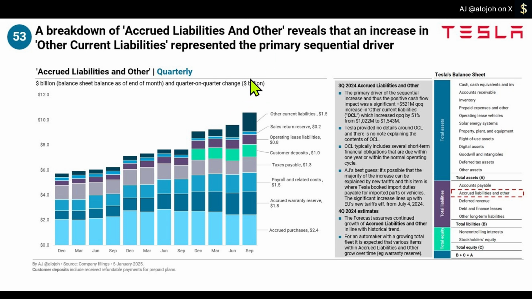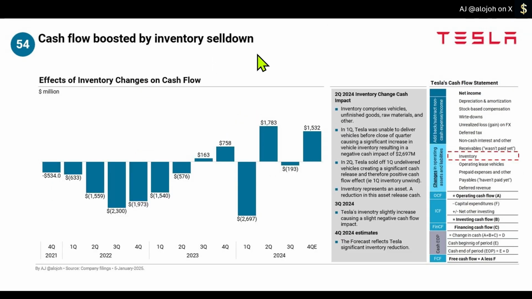So now we have discussed in detail accounts payables, the key items, so typical accounts payables, and then the other component Tesla includes, accrued liabilities and other, which you have now seen in detail. And now we move on to the second very big operating cash flow driver, which is inventory. But before we move on,